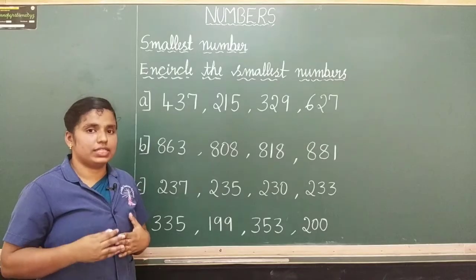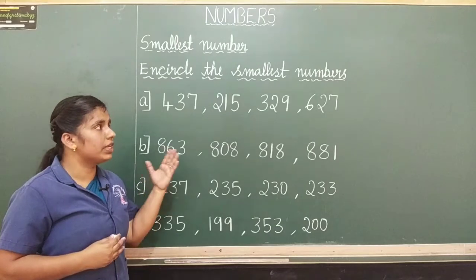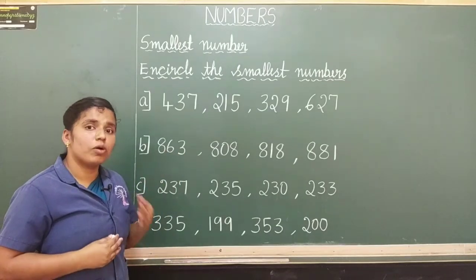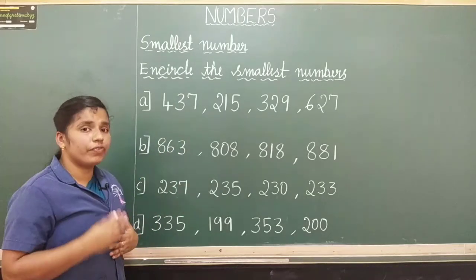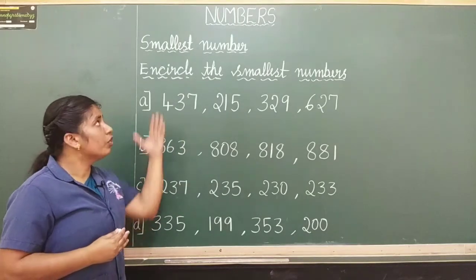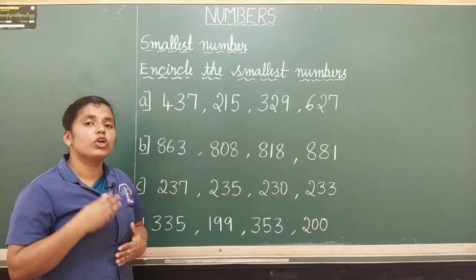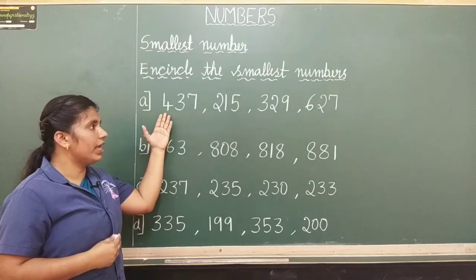Let us now discuss about finding the smallest number from the given numbers. So, you have to find the smallest number from the given numbers. After finding the smallest number, you have to encircle the smallest number, which means you have to circle the smallest number. Here we have the numbers